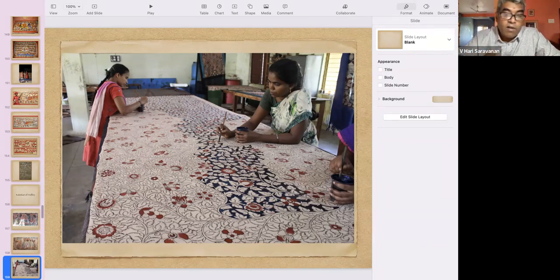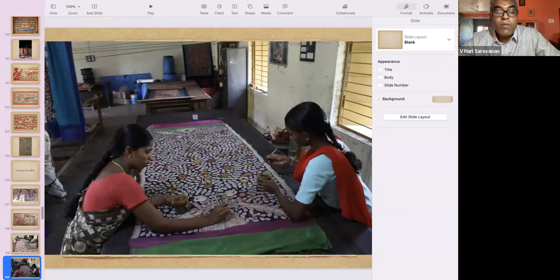They are mostly floral and animal motifs, and then they do a washing process, and the paint used is a mixture with alum, palm jaggery, and iron rust. Iron rust because it gives the oxidized texture for the